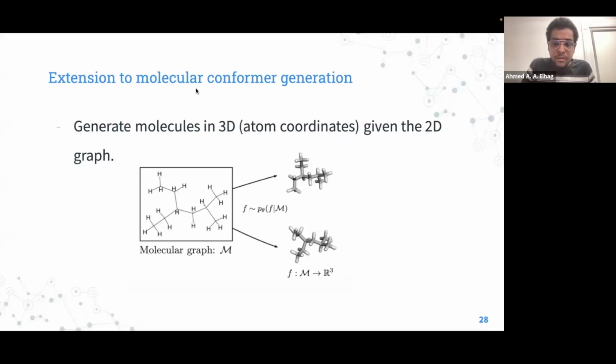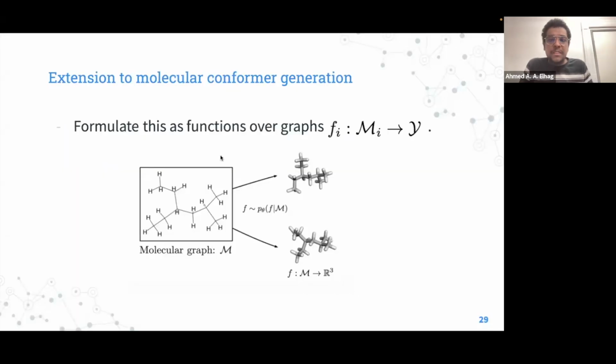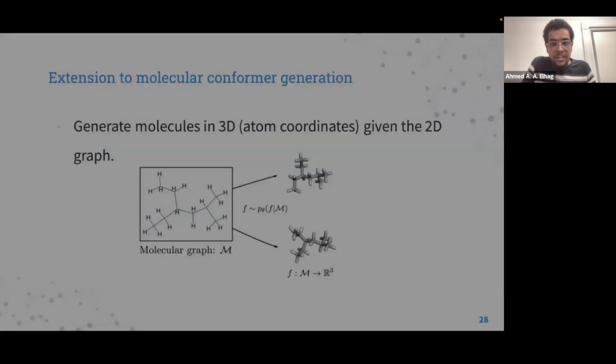So we can formulate this problem in the same setting as on meshes. You have a function going from M to Y. The signal space in this case is R3 coordinates, XYZ coordinates, and the manifold is your graph. This is also different from the previous setting, in that you can generalize to multiple manifolds or multiple graphs. So returning back here,